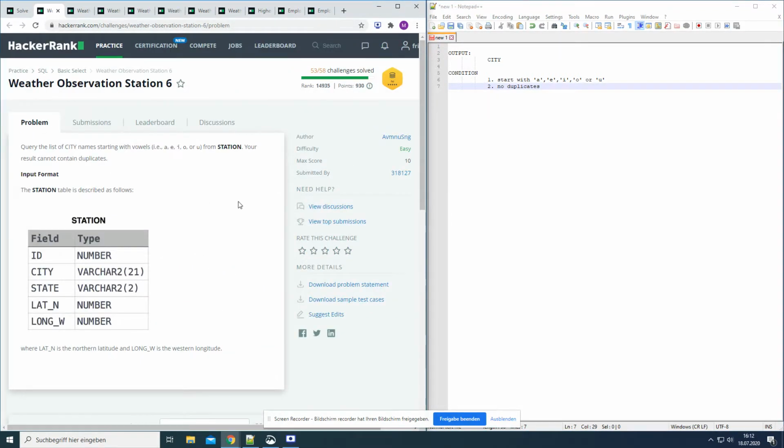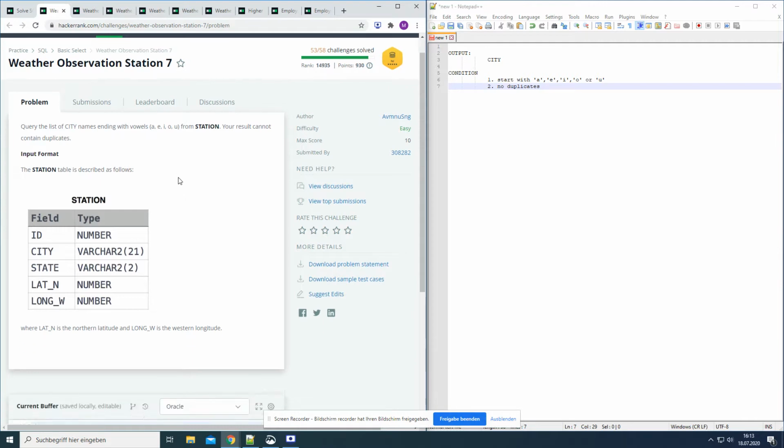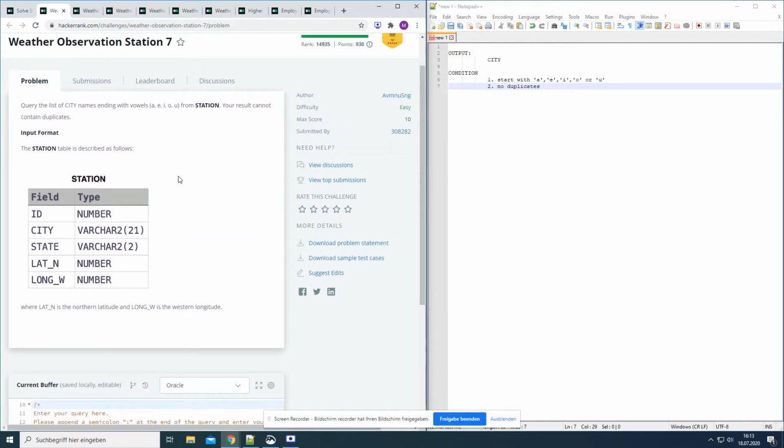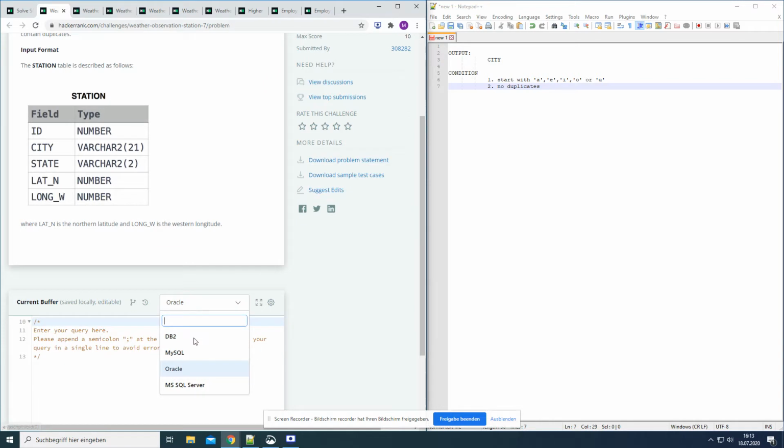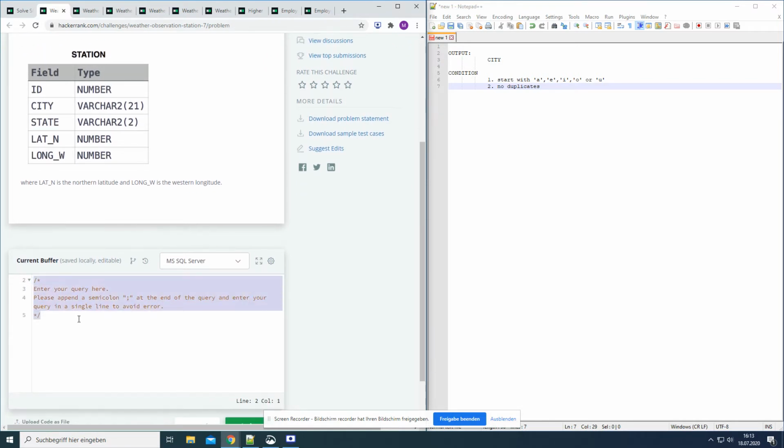Okay, so next case. Weather observation station 7. Query the list of city names ending with vowels A, E, I, O, U from station. Your result cannot contain duplicates. Okay, MS SQL Server. Select city from station where city like, now it can start with anything, but it should end with A,